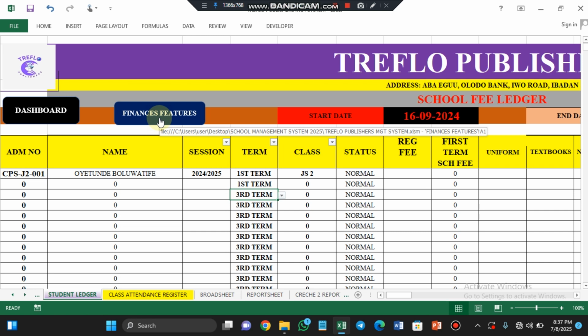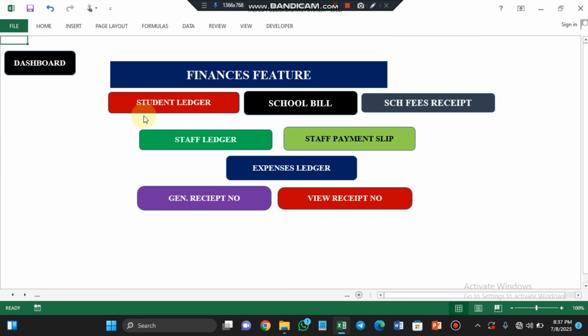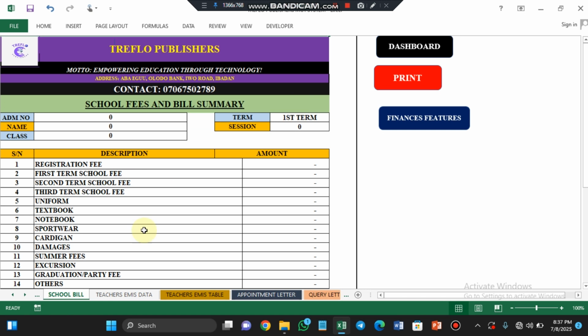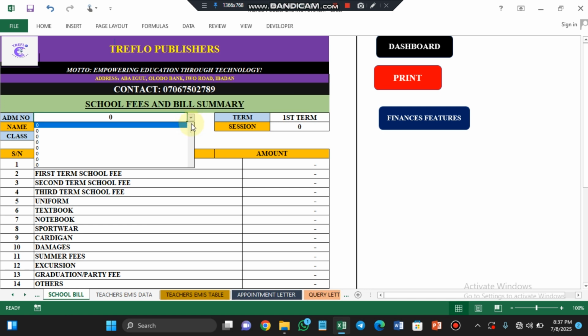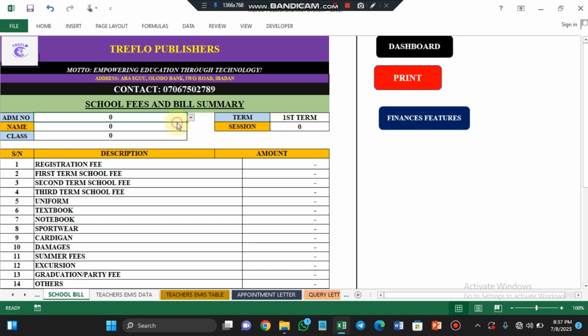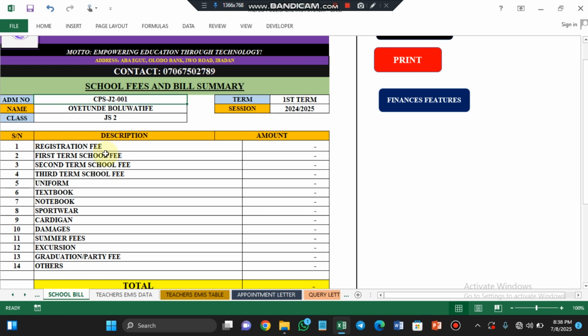So the school bill and the students school fees receipt is attached, or should I say linked, to the student ledger. Now let's see the school bill. The school bill here, whatever we have entered, let's check the admission number of that particular student we entered. You will see that everything will just come up here. You don't need to stress yourself entering any detail. Can you see? So this part